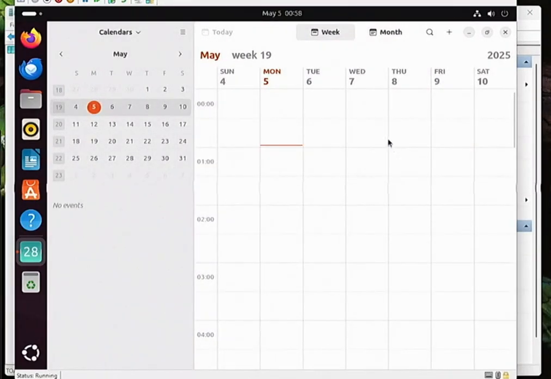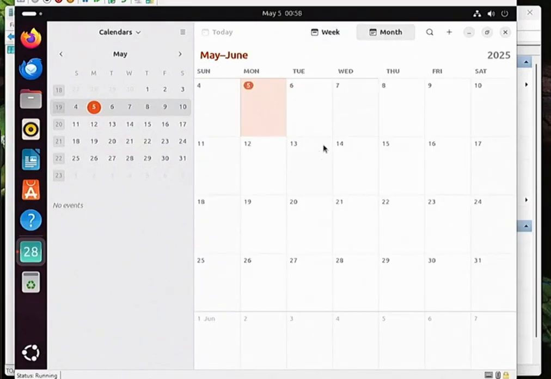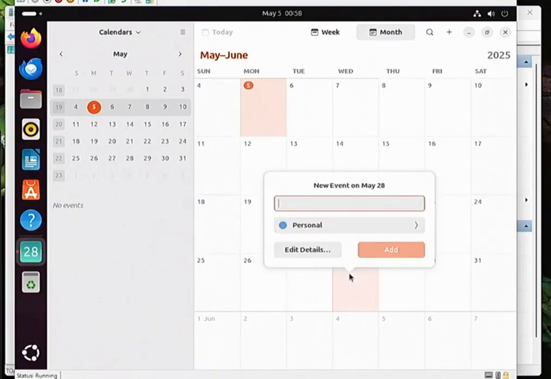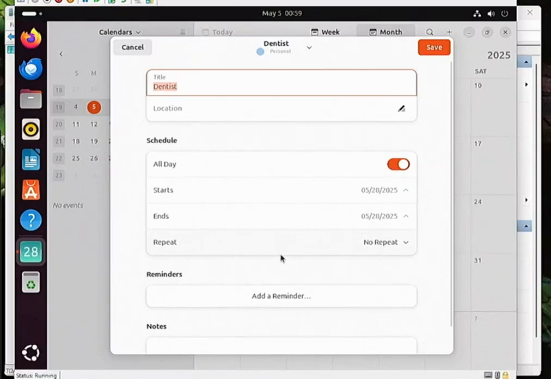If you want to create an event on your calendar, all you have to do is double click the day that you would like to add an event. Like, for example, if you want to create an event for May 28th, I just click on the day and you give the event a name. For example, dentist. I can click Edit Details to add more information about this